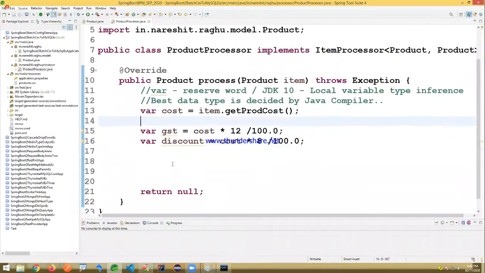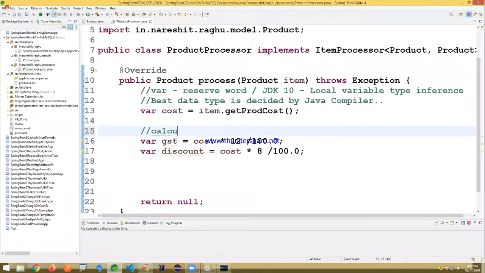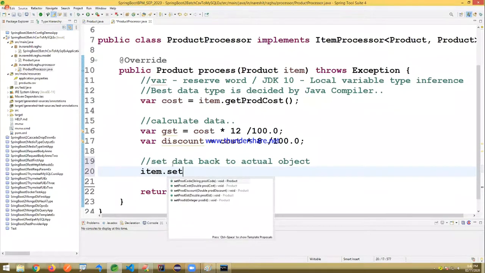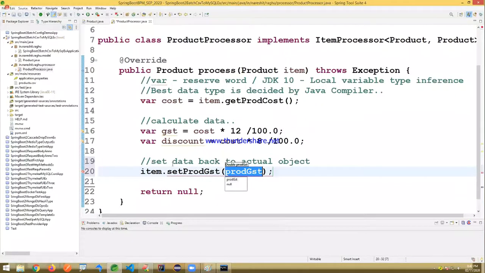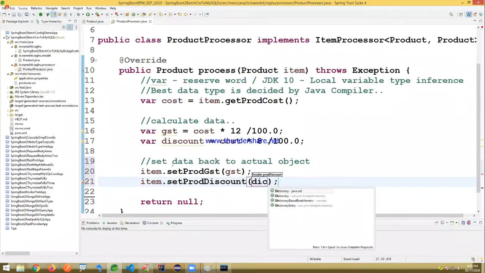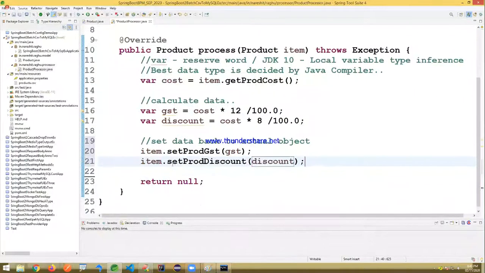Okay, once you calculate the values here, calculate data and set data back to the actual object. So there I'm writing item.setGst, product GST, there I'm setting the GST, and item.setDiscount is actually discount. Okay, then finally return the object item.